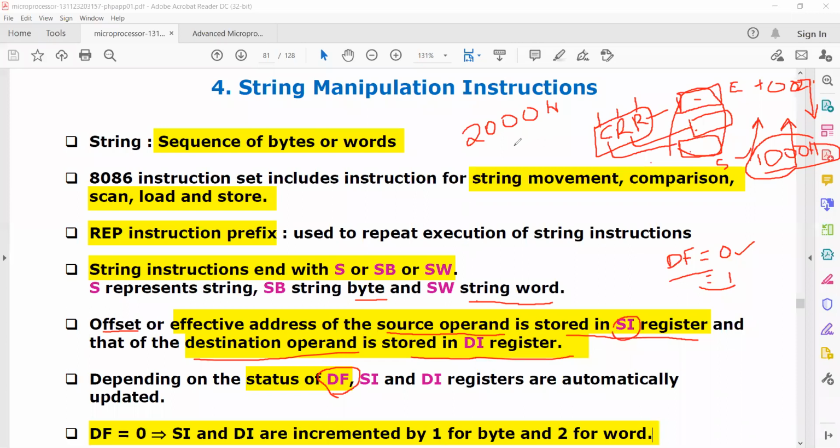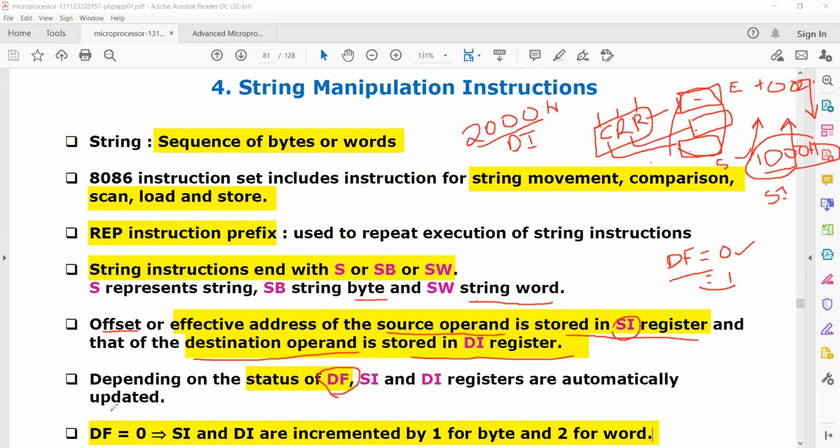The destination address is 2000H, which is stored in the destination index register. The 1000 is stored in the source index register, which is the source operand, and this is called the destination operand. Hope the point is clear now, right?